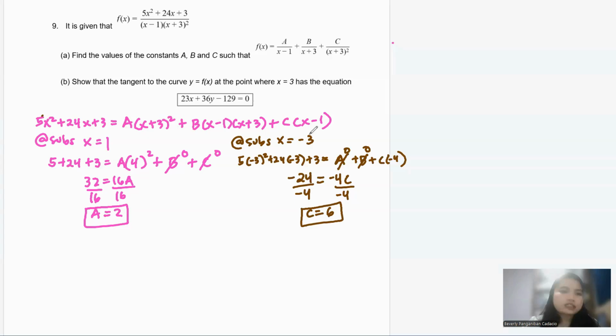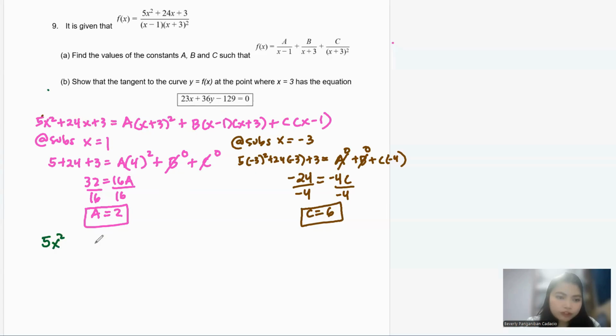But I think I'll just go with comparing coefficients for letter B because it's easy. But again, you can substitute x is equal to 0 to get your B. What I'm going to do is to just compare my x squared. Your x squared is just 5 here, and the only x squared you will have here is the Ax squared, because you're going to expand that, and you will have Bx squared here, right? After that one. So basically, it means that 5 is equal to, because 5x squared, let me show you,